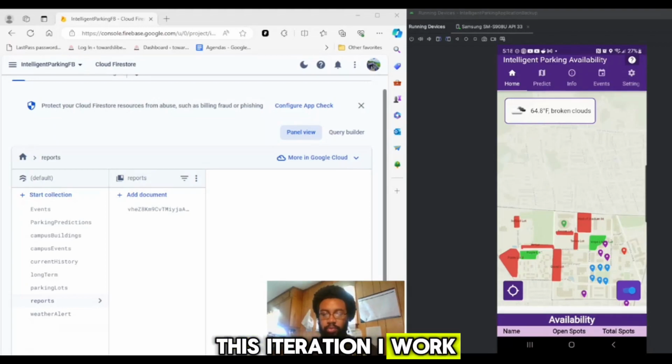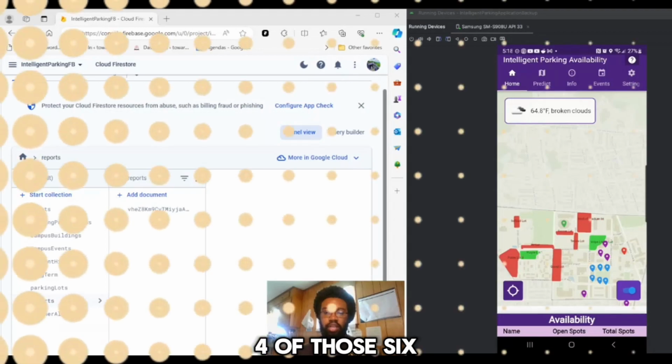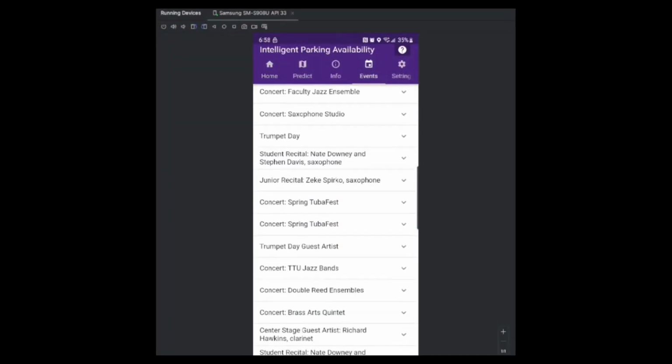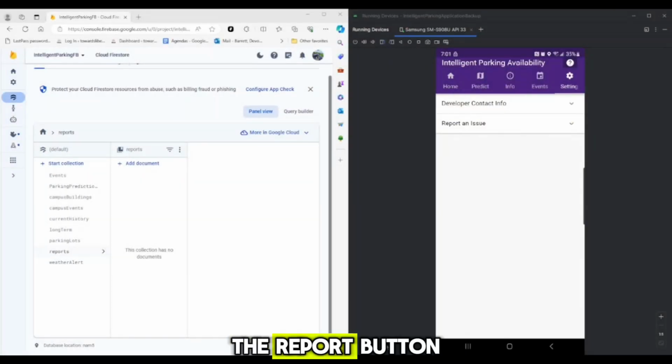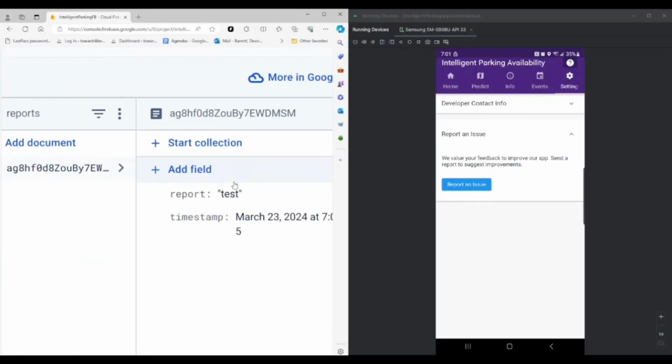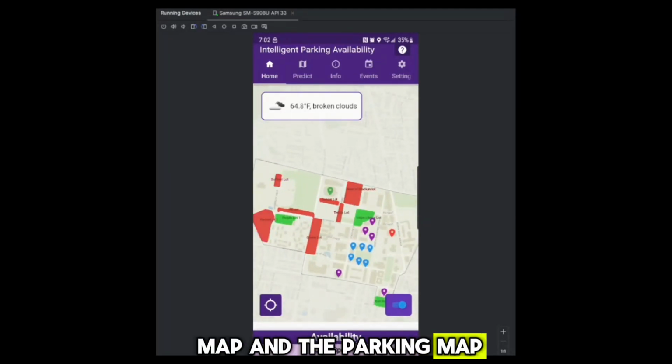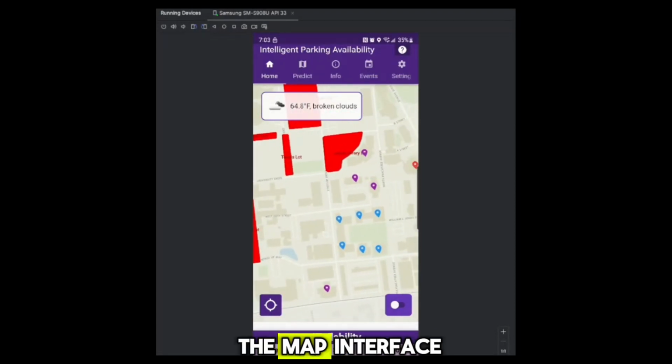This iteration, I worked with my teammates to include 6 new key features for iteration 4. Of those 6, that includes the Events tab, the Report button, a switch toggle between the heat map and the parking map, or building markers on the map interface,